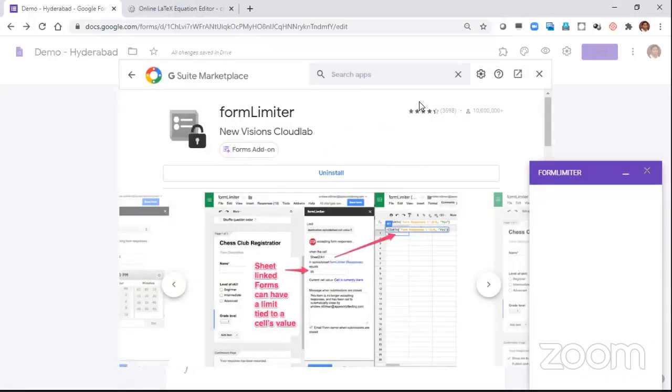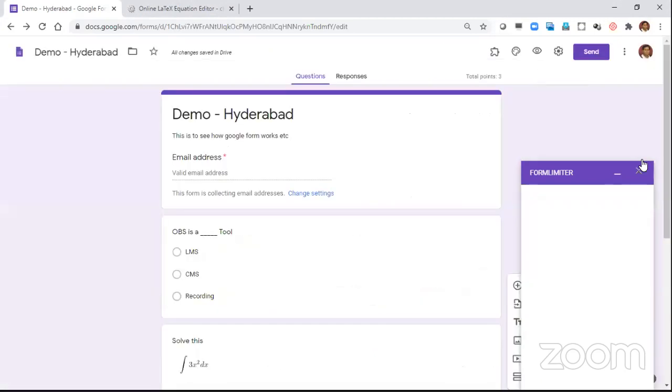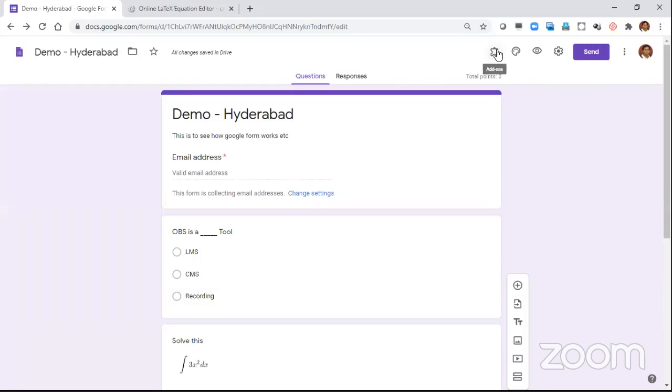Just say okay, no problem. Done. And then you can go back to your docs. So close this. You can close this also, no problem. There is an add-on which just got added. Now, where is the add-on? How do you activate it? What do you do with it? So listen to me carefully. Here now, when you have done it, this symbol will pop up. Starting, this may not be there. If you don't have any add-ons, this will not be there. So since now you have an add-on, this would come up. Click on that. It will show you what all add-ons are there.